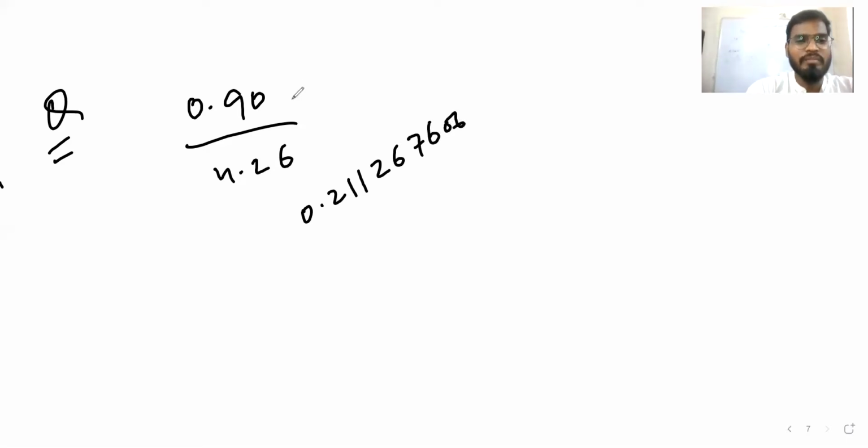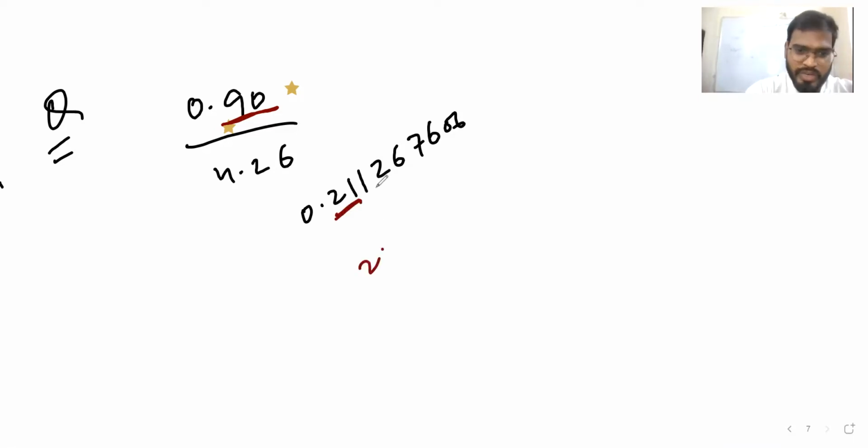But what we want is the minimum, right? That should be the precision, the least here for us. So we can say we take till 2.1 only. 2 significant digits, and anyway it is going to be 1 after that.